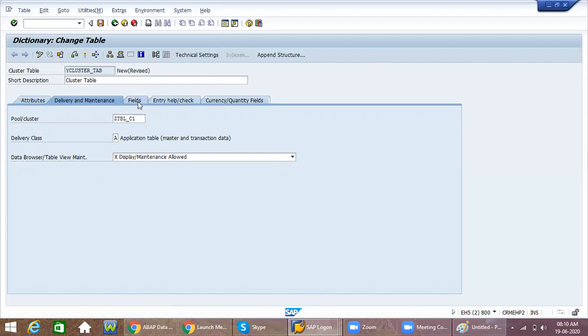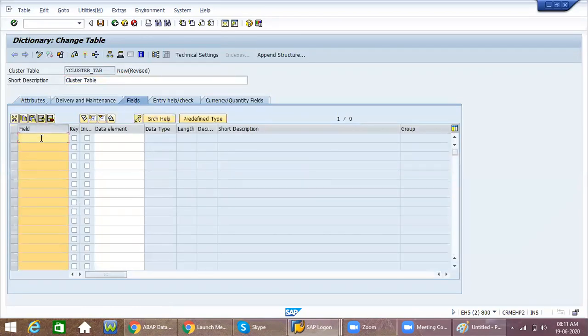Okay, coming to the fields, whenever you are creating the field, whatever you created, Z vend underscore id, you created that one. Here also it should be there, same.